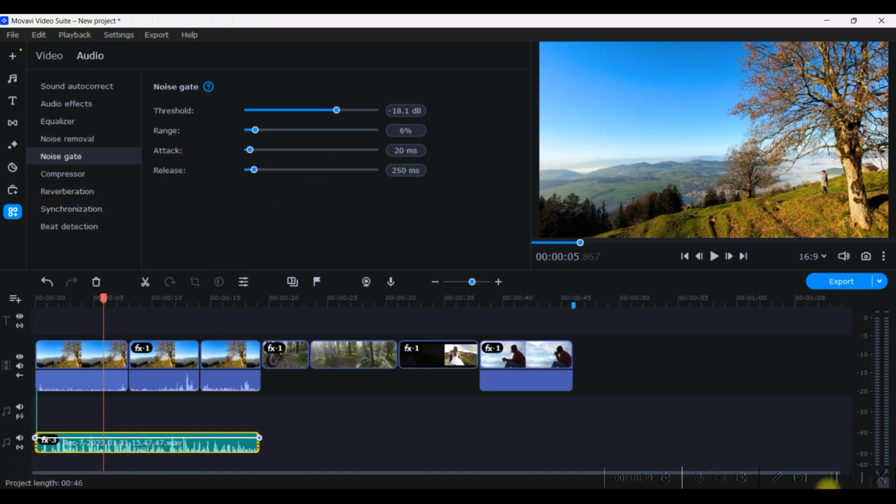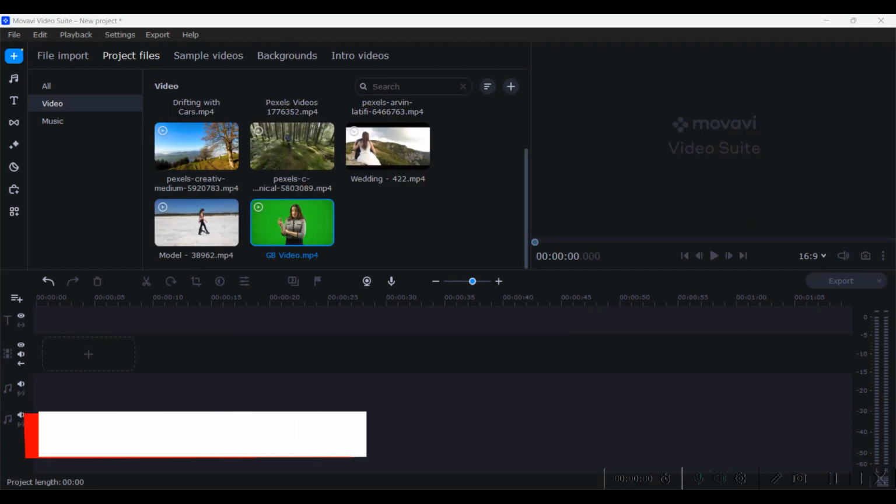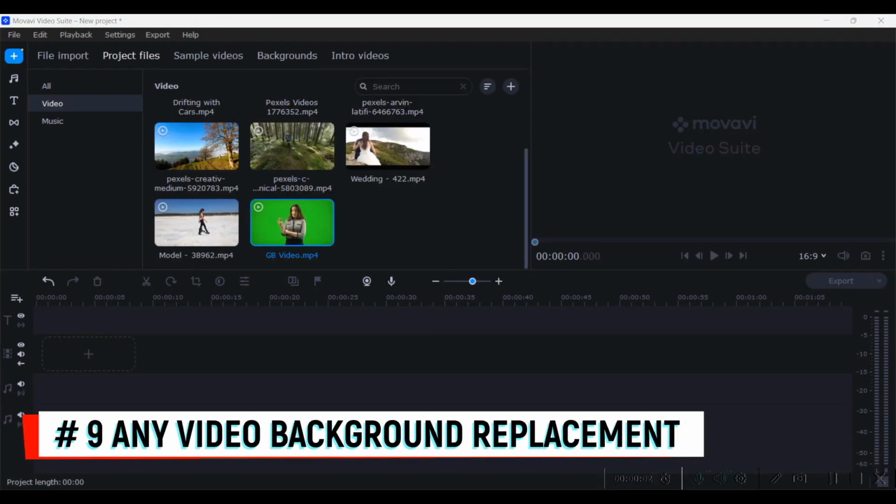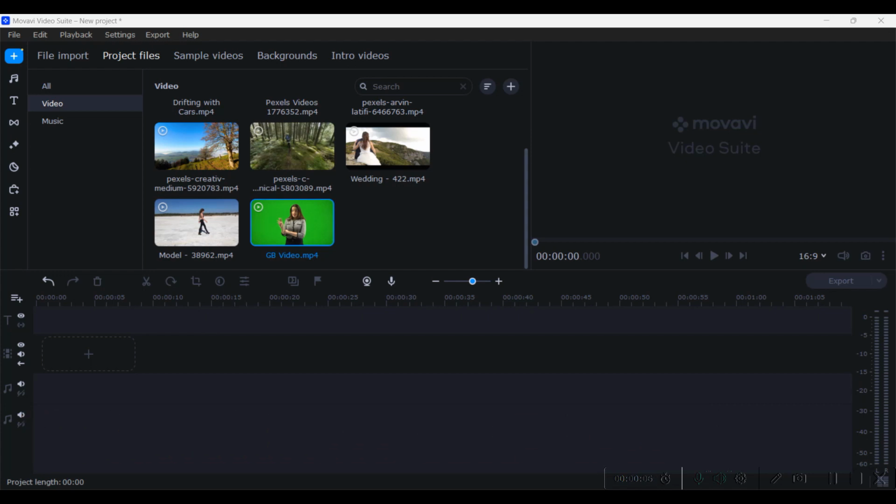Let us go to the next point, which is going to be how to remove a background. So next point is how to remove the background of any video. There could be two possible options. Either you're having a green screen at the background, so in that case we'd be using chroma key. Otherwise, by artificial intelligence you can actually remove any background. So I'm going to demonstrate both of it.